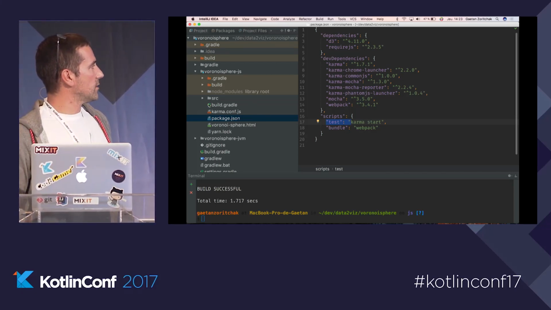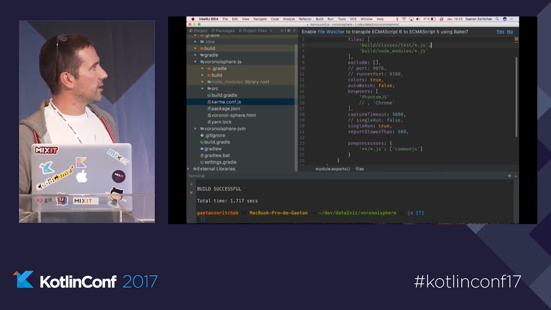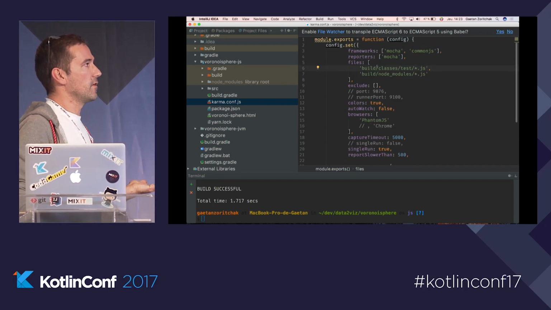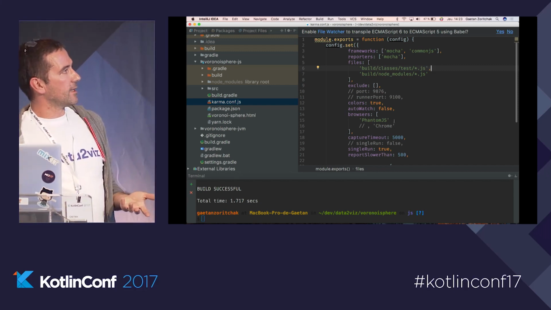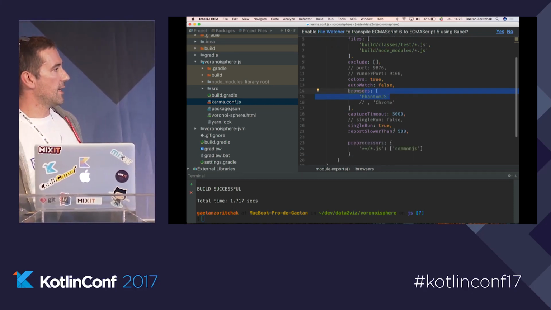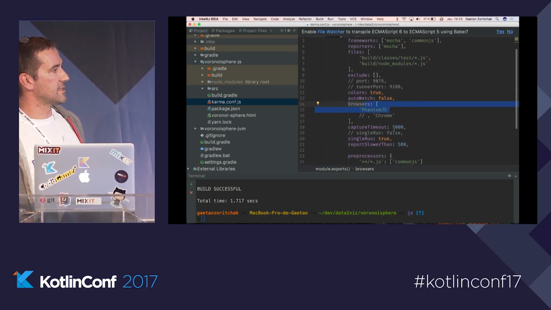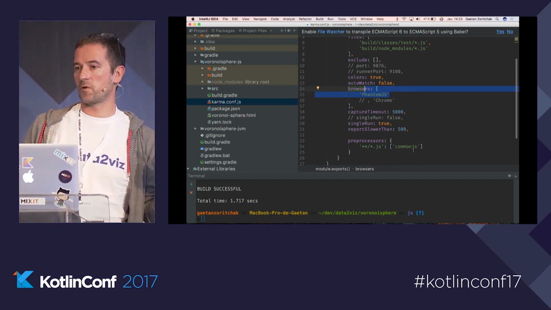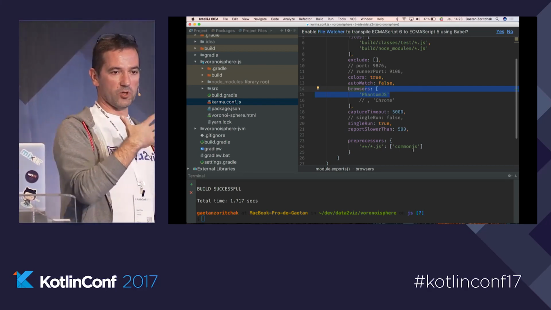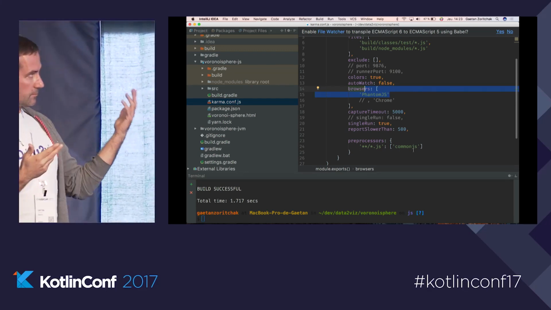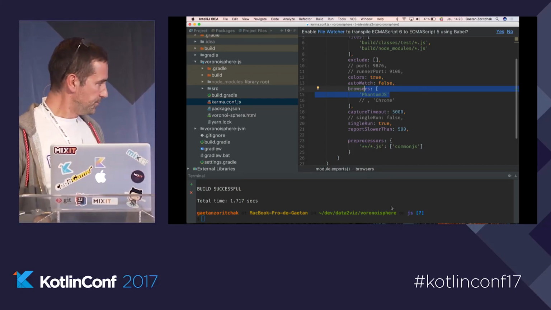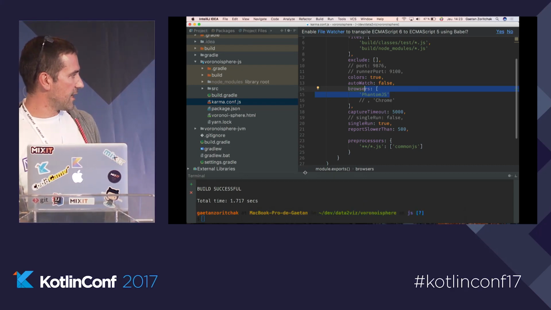So here we have the configuration file. So it indicates where are the test files. I indicate which browser I'm going to launch. And that's it. Here I define that I'm using CommonJS for the dependency because my JS file, my module file has some dependency. So I'm saying, okay, now you are going to use CommonJS to load all the dependencies. And so if I run that,